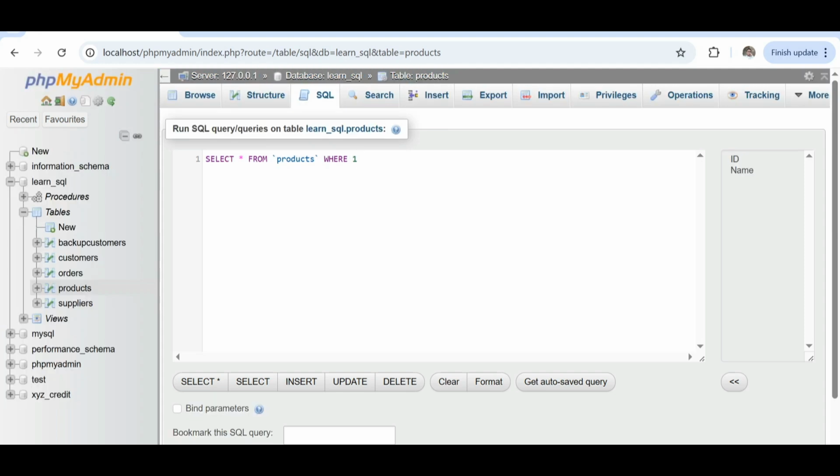Okay, next is primary key. Primary key is also like unique. It uniquely identifies each row in a table and automatically implies not null and unique. Okay, I will use alter again. Add constraint primary ID, and primary key ID.